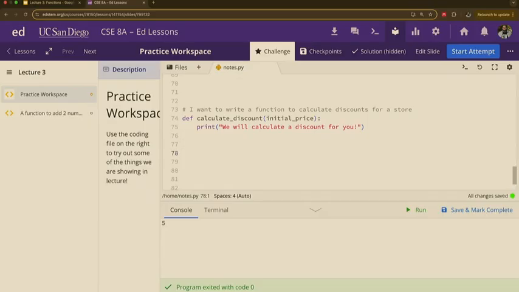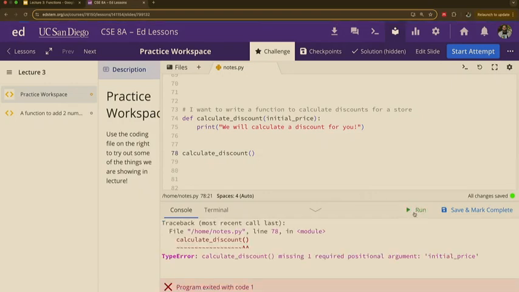And now Python is going to say, okay, great, now you have this function called calculate discount. You want to get a price, and we're going to calculate a discount for you. Okay? Python knows that we want to start using this function by calling it. We basically have to shout out loud, calculate discount. Okay? And the way that you do that is you just write it out here in your file. Calculate discount. Right? We want to calculate a discount. Let's shout it out loud for the world to know. We're about to calculate a discount.